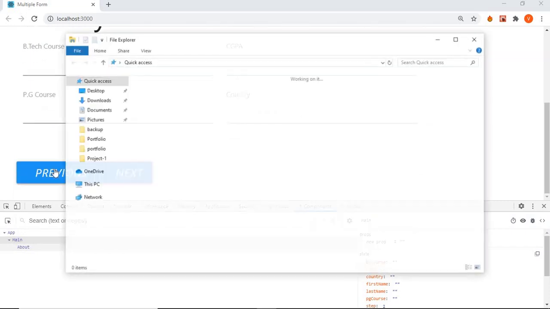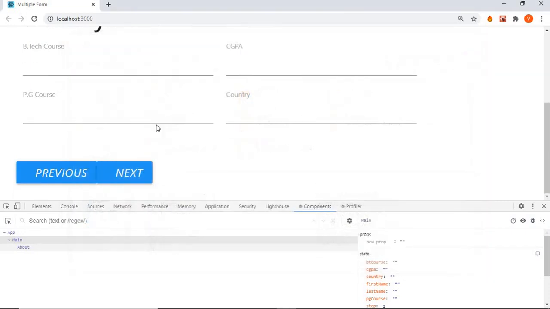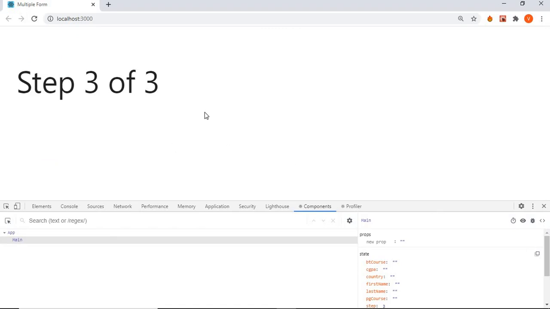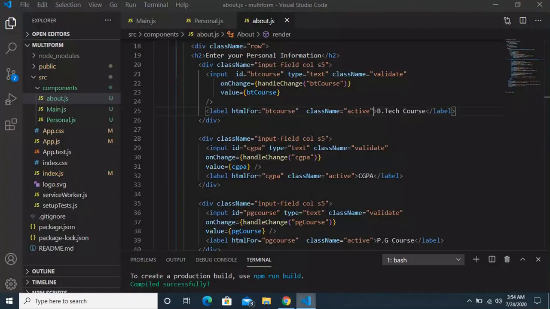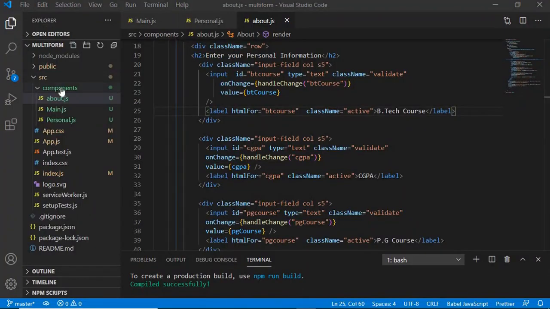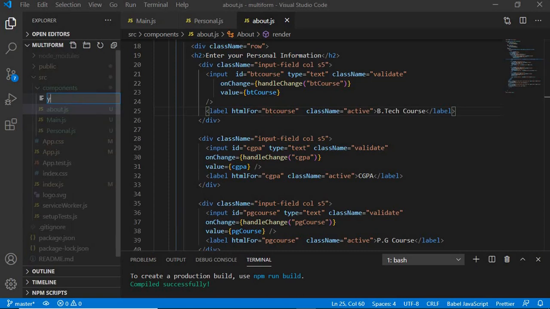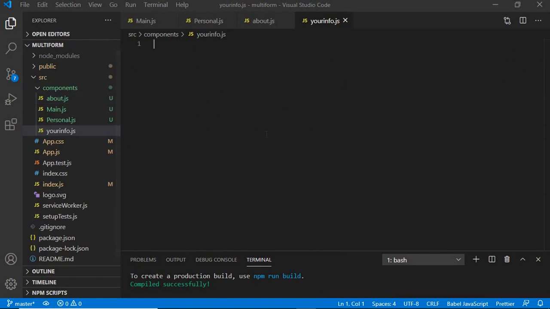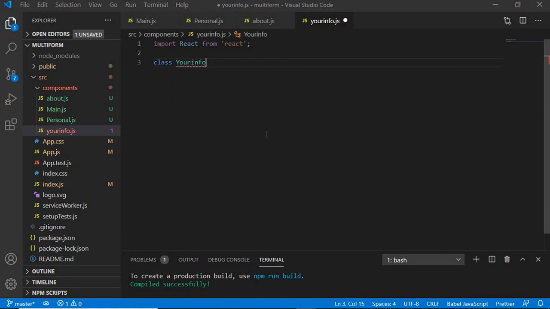Okay, so next we'll be heading over to step 3, where we will be displaying all of our values. So we will call that as, in our components create another file called yourInfo.js. Here we will be importing React from React, class YourInfo extends React.Component,